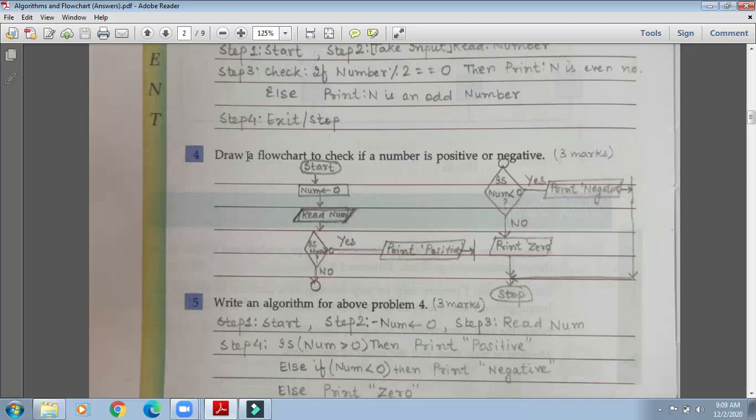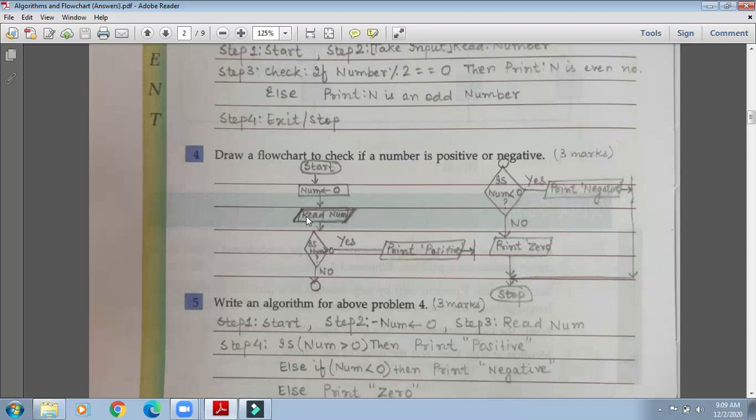So now we can see, draw a flow chart to check if a number is positive or negative. So first one, oval, start. Number is our variable, NUM. NUM is our variable. So we are making NUM 0. It is not compulsory. If you want to skip this process, you can skip this process, no problem. This is process.